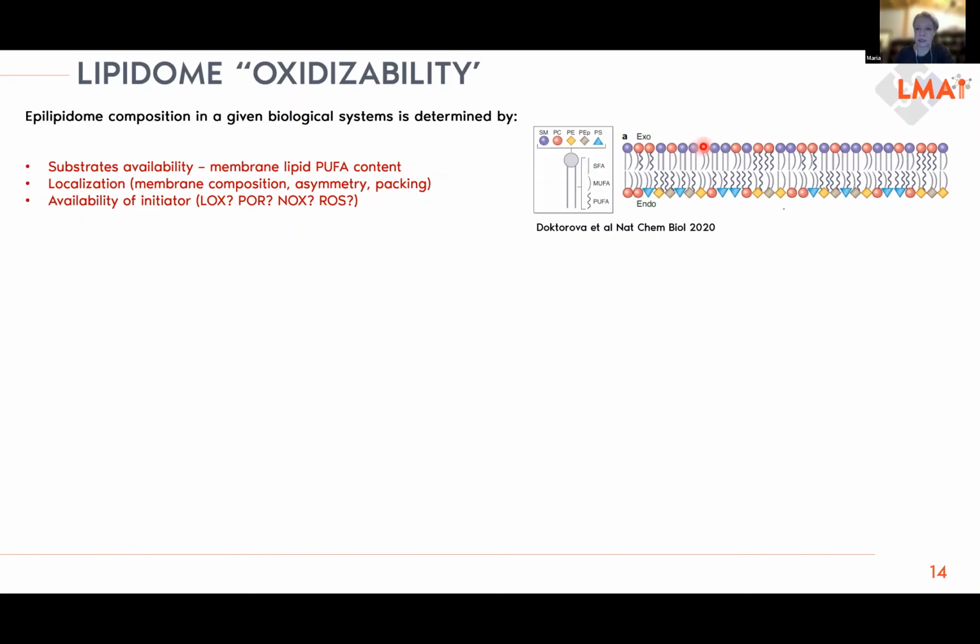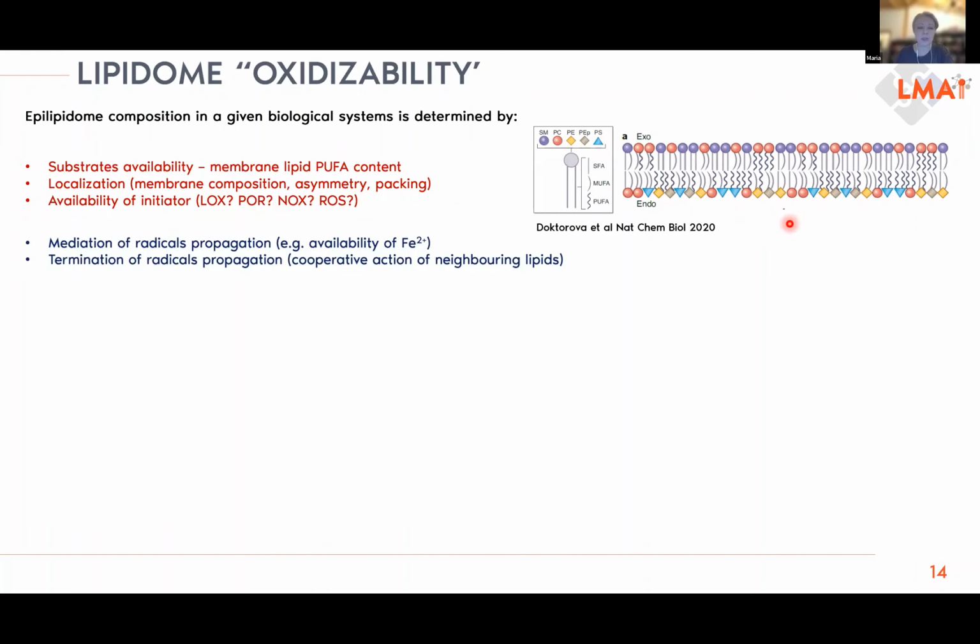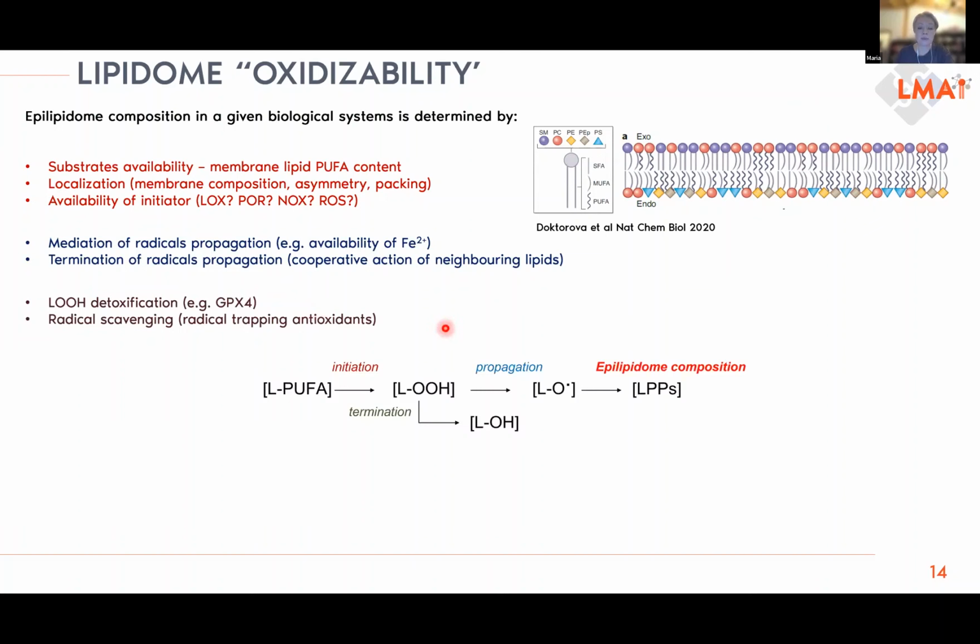We know that membranes are asymmetric. We have, for instance, on the upper leaflet, a lot of more saturated PC and sphingomyelins. On the inner leaflet, we have a lot of plasmalogens and PEs, which have a lot of PUFAs. So even the two different leaflets will have different substrates for the formation of the epilipidome. Of course, the mediation of radical propagation is important, and the detoxification system, which I mentioned before. And in principle, every step in this kind of equation, the initiation, propagation, and termination, would influence this